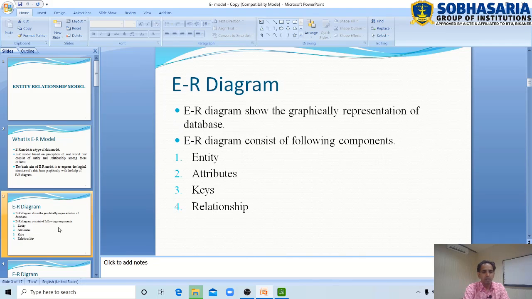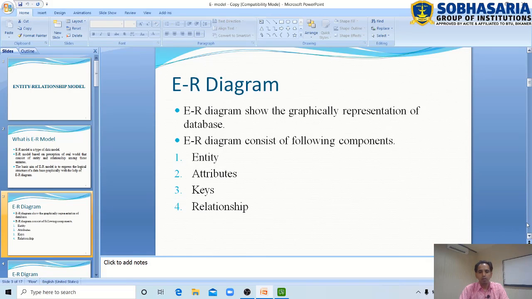So, what is the ER diagram? The ER diagram shows the graphical representation of a database, and it consists of the following components: entity, attributes, keys and relationship. We discuss each component one by one.